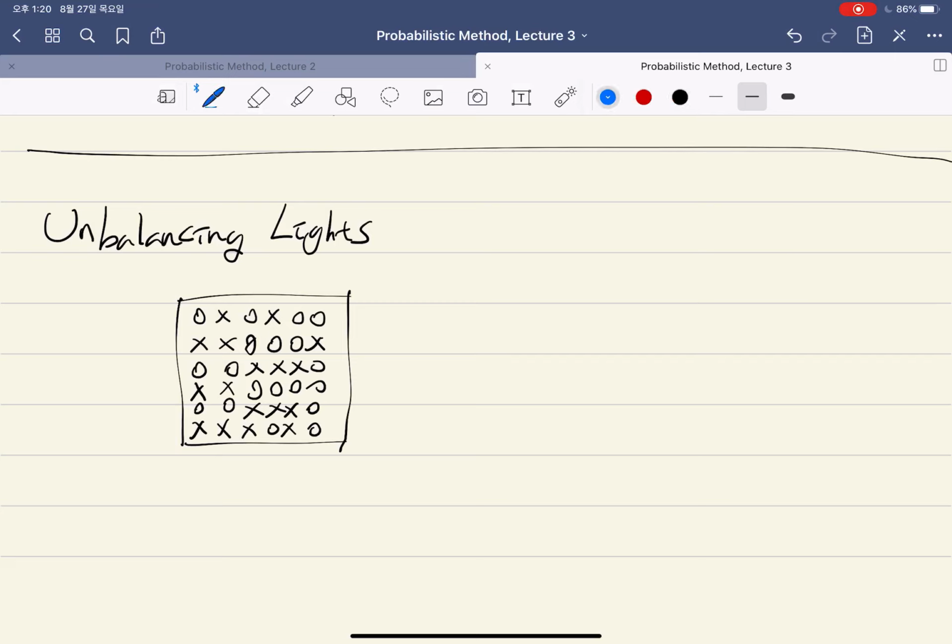And now what you can do is you can choose a row and flip it. You have a switch here. If you click this switch, then all on becomes off and off becomes on. So it will become this. And also there is a switch on each column. If you click it, then all off becomes on and on becomes off. So this becomes